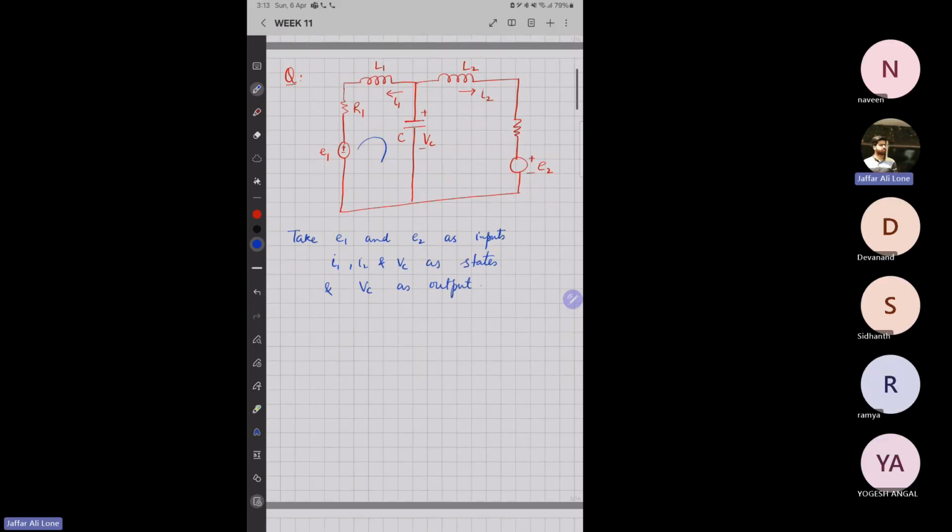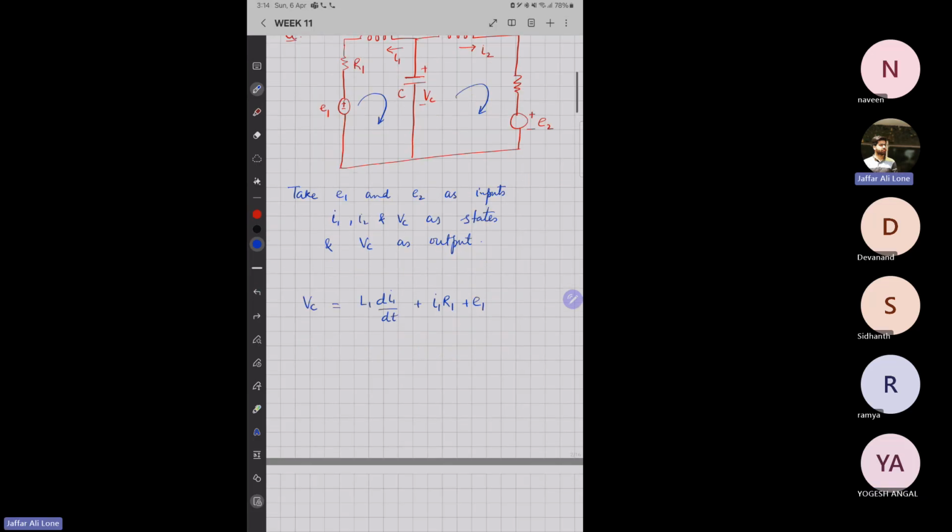Let's apply KVL in this loop and then in this loop. If we apply KVL in loop number 1, we can write: VC is equal to L1 di1 over dt plus I1 R1 plus E1. This voltage drop is equal to this voltage drop and this voltage drop, because current is flowing in this direction. So similarly,